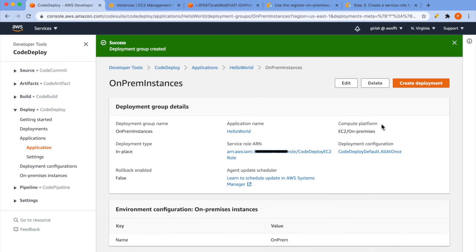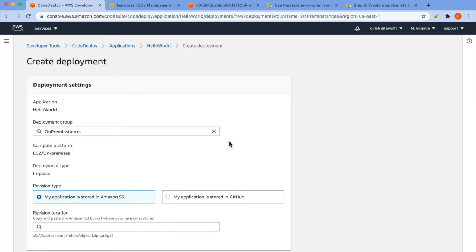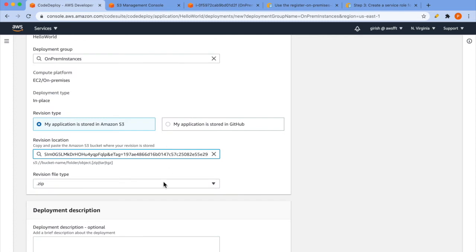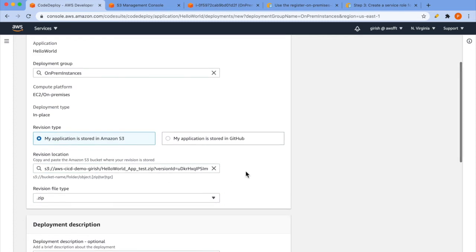So deployment group is successfully created. Now create deployment. Deployment group will be on-prem instance, and application stored in S3. Choose correct application code version.